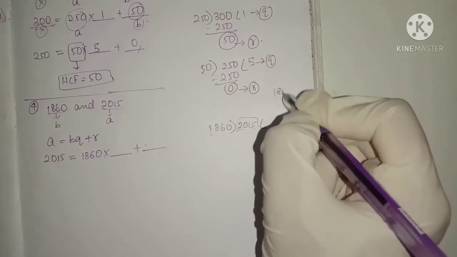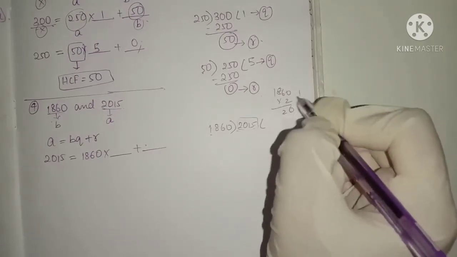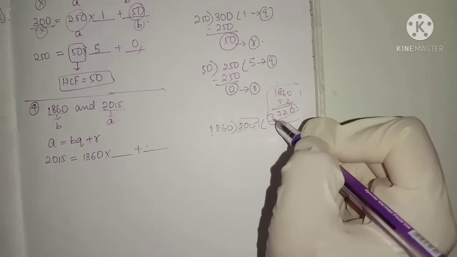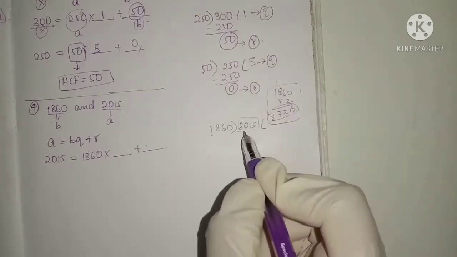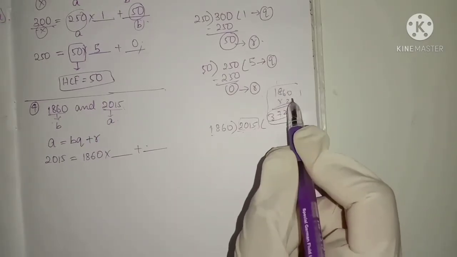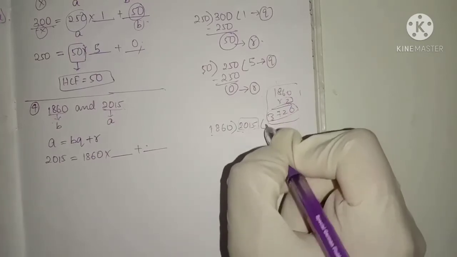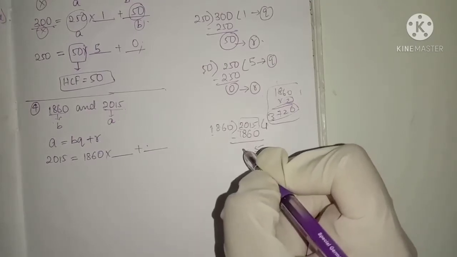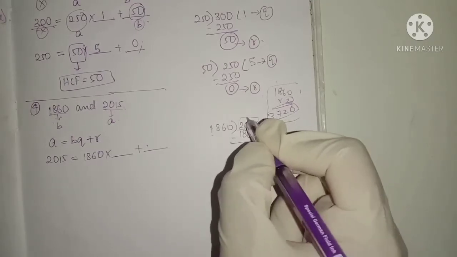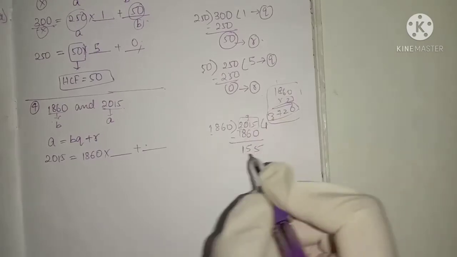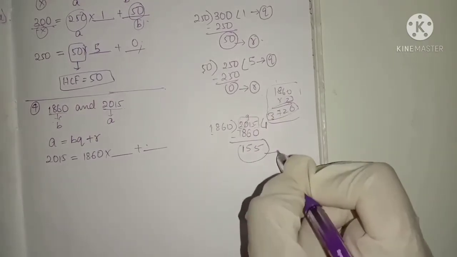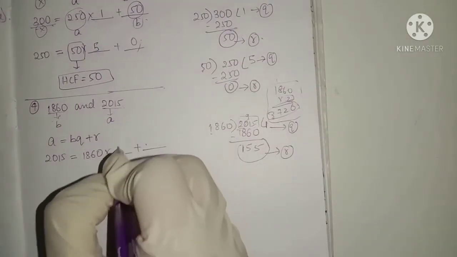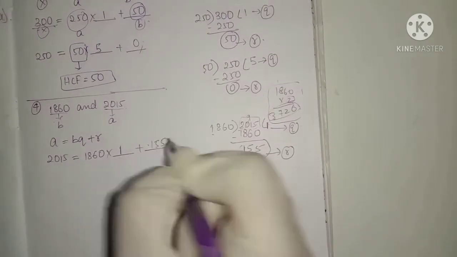So let us see 1860 into 2. So 6 2s are 12, 8 2s are 16. Multiplying 1860 with 2, I got a number in 3000s, which is greater when compared to our dividend value. So we can't take 2 as quotient here. We have to take 1 only, which is again 1860. So if we subtract, we will get 9, 1. So I got the remainder as 155. So this is the remainder, this is the quotient. Quotient is 1, remainder is 155.